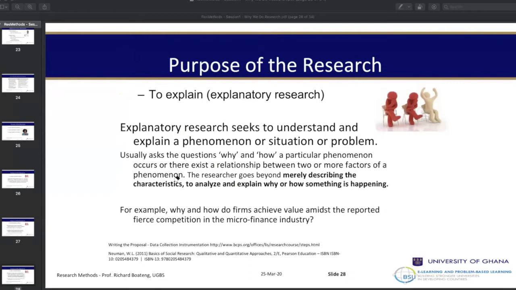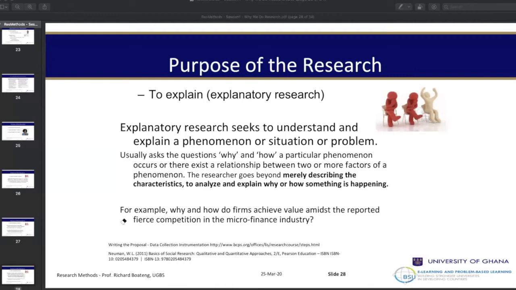Someone may be asking, sir, which one do I do? It depends on the maturity of the concept or the topic you are studying, how much knowledge exists concerning the area, and even the type of question you are asking. Sometimes the questions you are asking will tell us whether there are answers about that question already. So we need to ask new questions, and those new questions can be exploratory. But if a question's answers exist, for example,